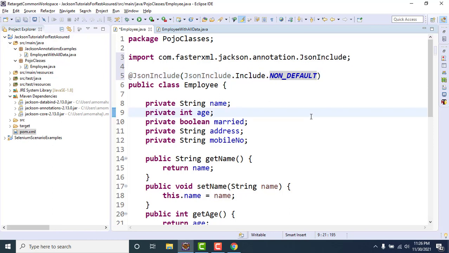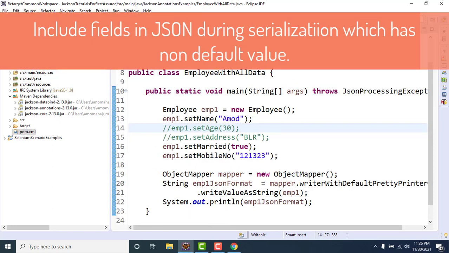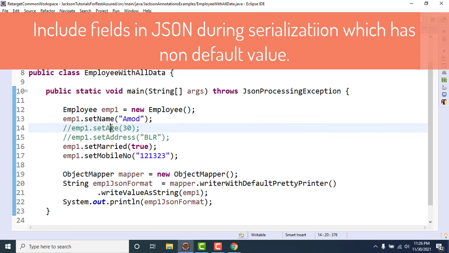So what this annotation will do, while serializing the POJO object to a JSON string, if it finds that any field has a default value, meaning we are not setting the value, then it won't include that in the JSON response. Here I have not set the value for age and address.